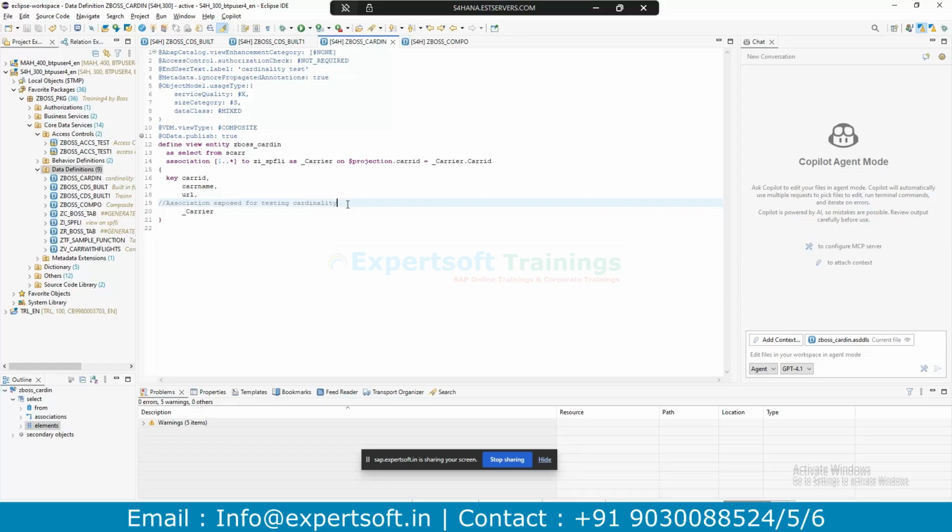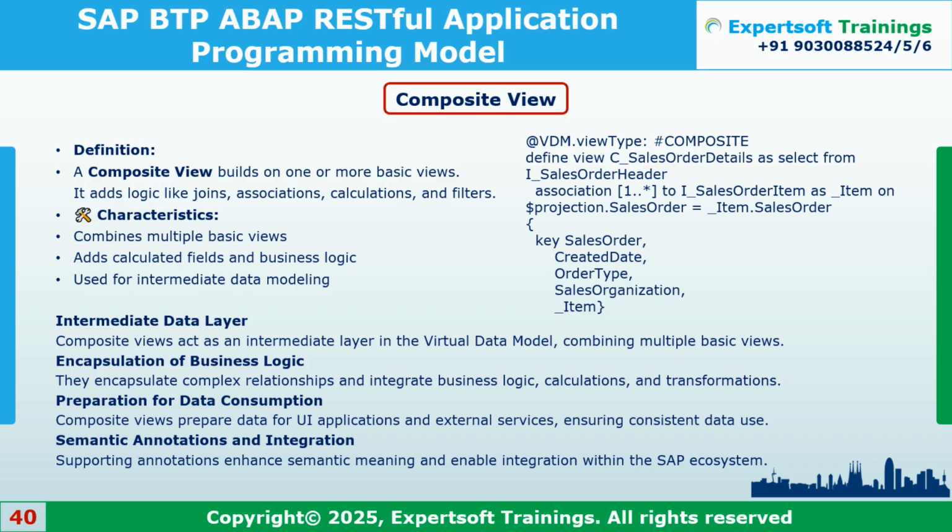So just to understand: the basic view is on top of the database table, and the composite view is a combination of the basic views. On top of the composite view, if you create one and filter out any of the fields, then it's a consumption view. Ultimately, the consumption view is the one which is usually exposed to the outer world, the real example where we can use the CDS view, not the basic view.